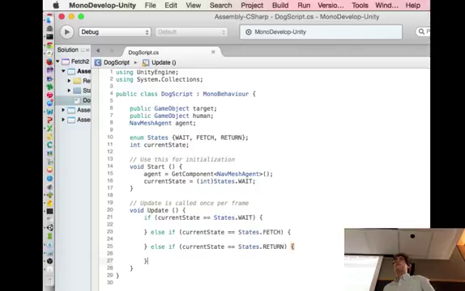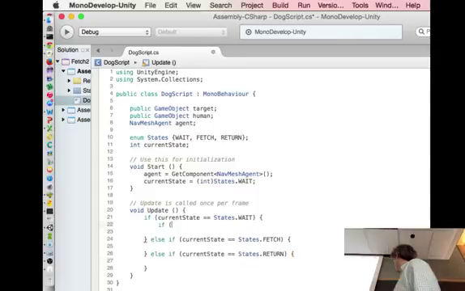I figured out how my agent should behave. I know that there's 3 states, so I created those 3 enums, and now I've got ifs to say, when I'm in this state, what should I do? The way I like to program it is to say, if I'm in the wait state, and if my transition happened, somebody wants me to go fetch, just for simple purposes here,